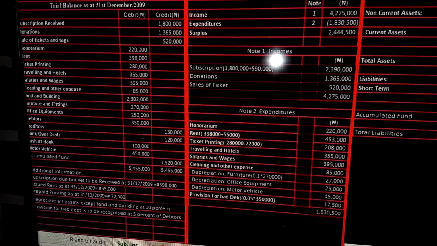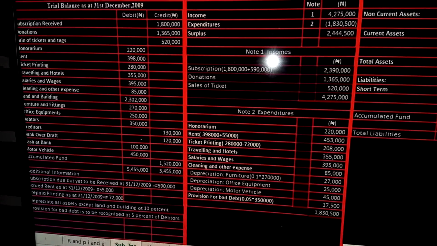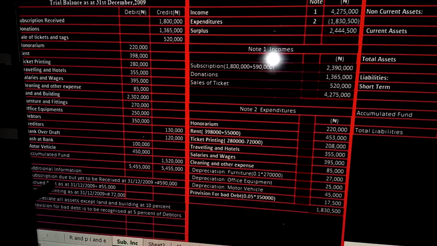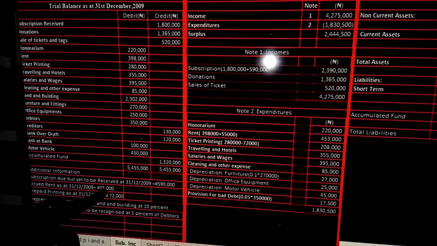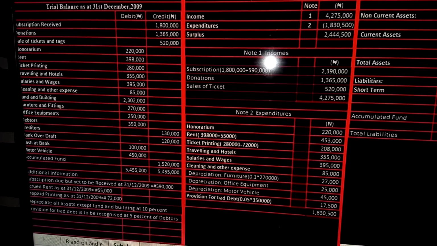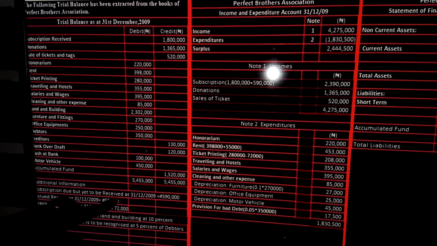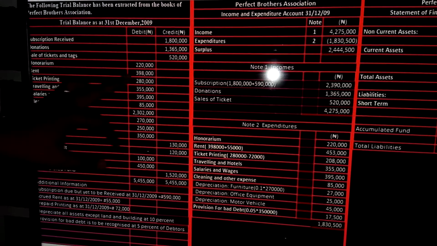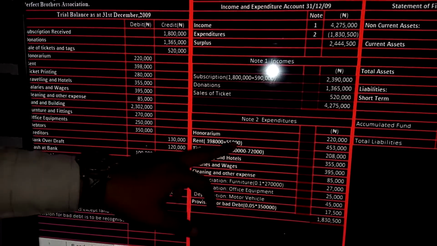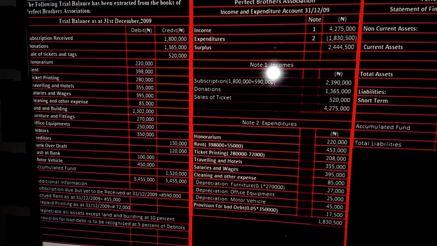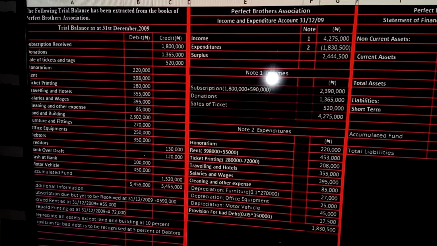The next one is rent. Rent here is 398,000, but there's information. They say accrued rent as at 31st December 2009 is 55,000. And I already told you that accruals at the end of the year is added. So what is the accrued rent? 55,000. So that will be 398,000 plus 55,000. That's 453,000. Then the 55,000 will be a liability, because you are due to pay the rent, but you are